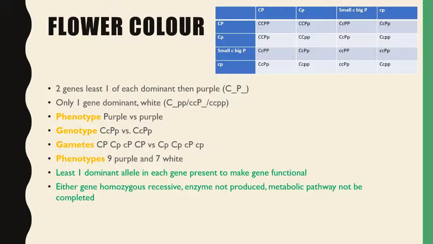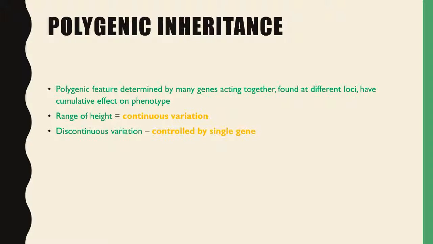So if at least 1 dominant allele is in each gene, then it will make the gene functional. But if either gene is homozygous recessive, an enzyme will not be produced and a metabolic pathway will not be completed. So finally, we'll finish up with some